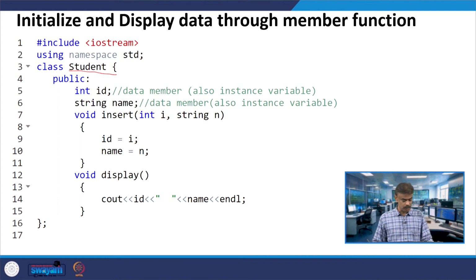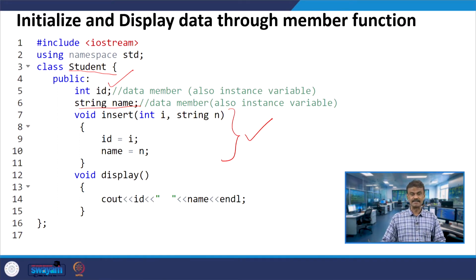Then you have two data members, one is ID, another one is string name. Both are data members. Now, for the first time we are seeing the member function. Inside the class you have data member or member data, and this is the member function.